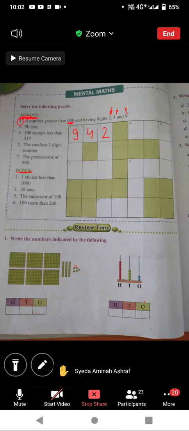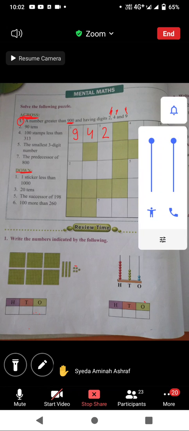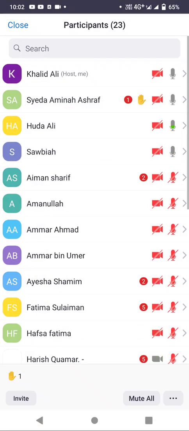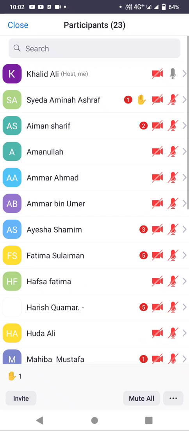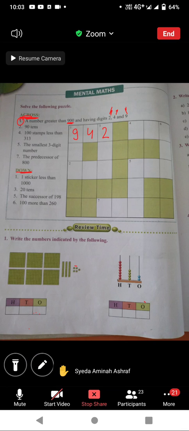Last time I gave you homework of check out of chapter 7. Understood, students? If you have any confusion in any question of check out, first you have to raise your hand, then you can ask. If you don't have any query, then we will start the next one.